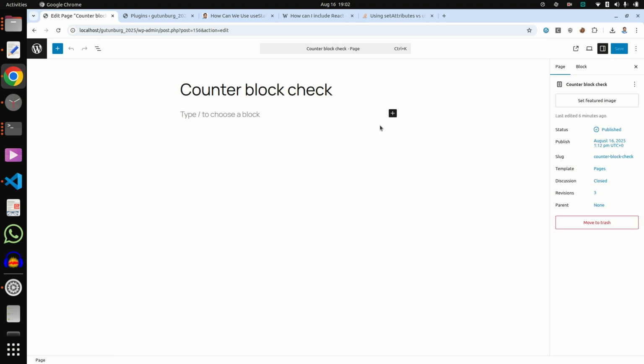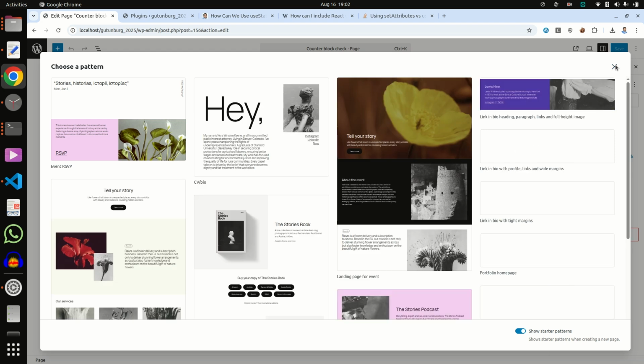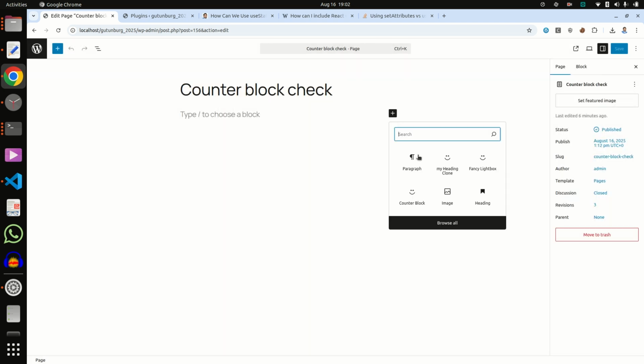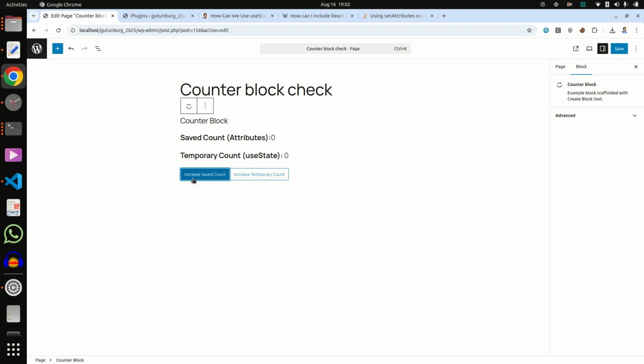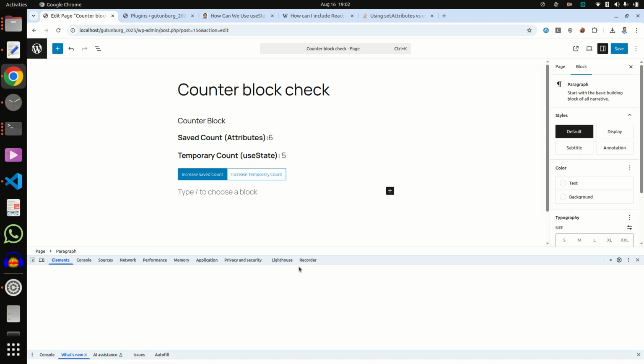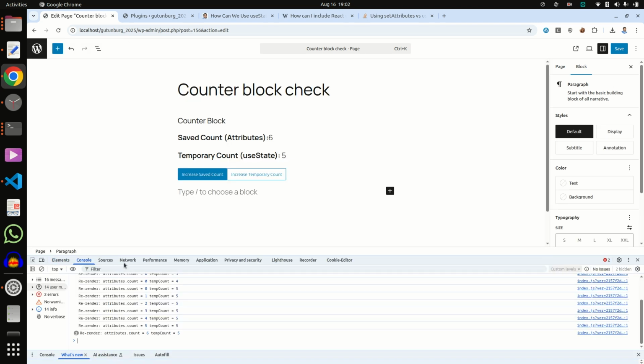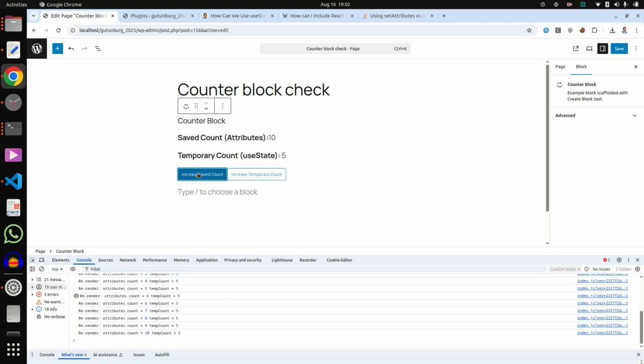Now I created one page for checking, and now the counter block, and here you can check via increase save count and via increase temporary count, so via state. You can see it re-renders again and again when we click increase save count or increase temporary count.